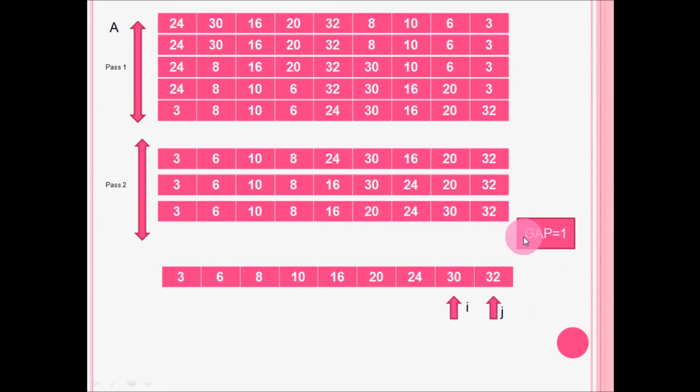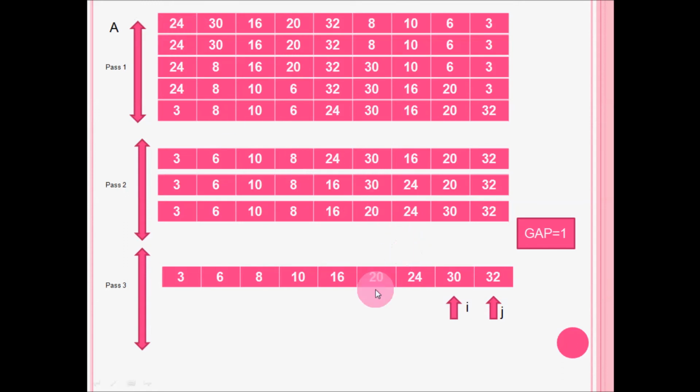Once the gap reaches 1, sorting ends. Once the gap reaches 0, sorting ends, and once j reaches the n minus 1 index, the pass ends. So this is pass 3 and these are the sorted items. I hope you understood this step by step description of the shell sort. And you are getting the sorted elements